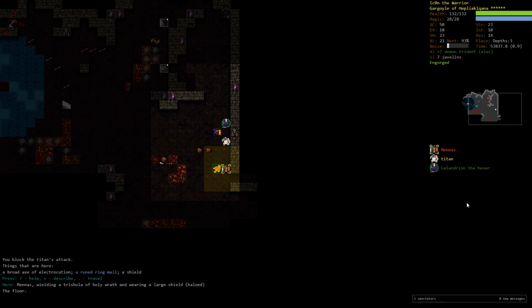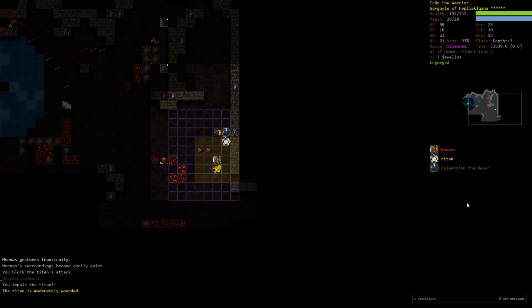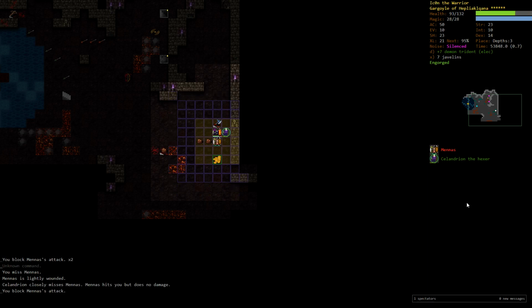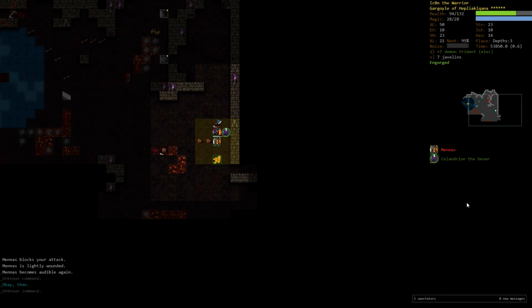So this guy is really dangerous when you're a spellcaster, but he's also not harmless as a melee combatant. So we're carefully taking a few swings on him, and so far we're not doing too much damage here. I have a few potions of haste, which is good, actually, but I don't know if I want to bail on this or not. I'm gonna try and take some swings, okay, but this fight is overall not going too